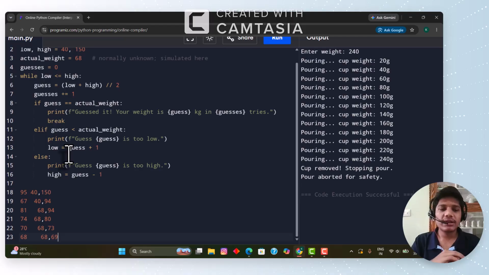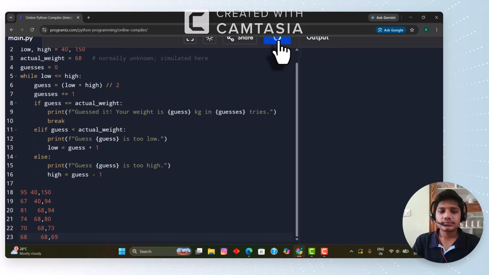We are changing the values of low and high, and we are taking the average for every low and high, and we are going in a perfect manner. But in that question, we are not going in a perfect manner. We are just giving a random integer to get the correct guess of the number. So when we run it,